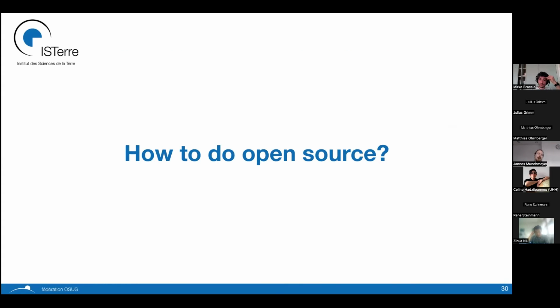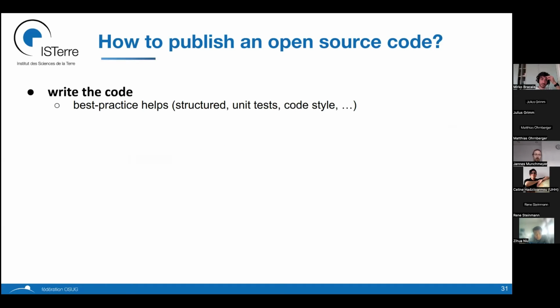Okay, now I've given a lot of opinion why we should do open source, which leads me to the last big point, how to do open source. And I'm going to go a bit through what I think are the key points, and that might sound intimidating, but then I'll also show that you can do it more easily as well. So how to publish open source code?